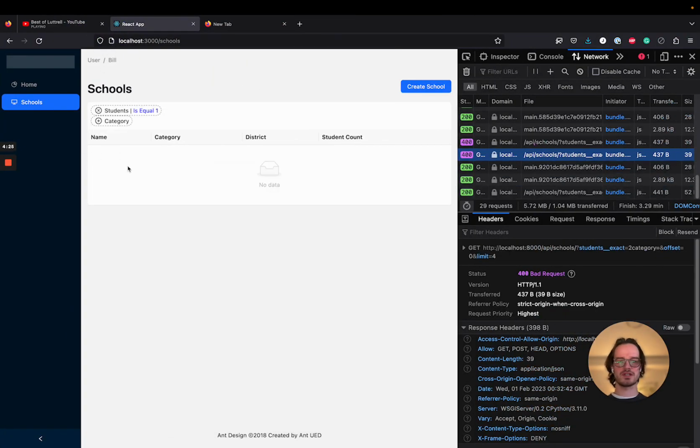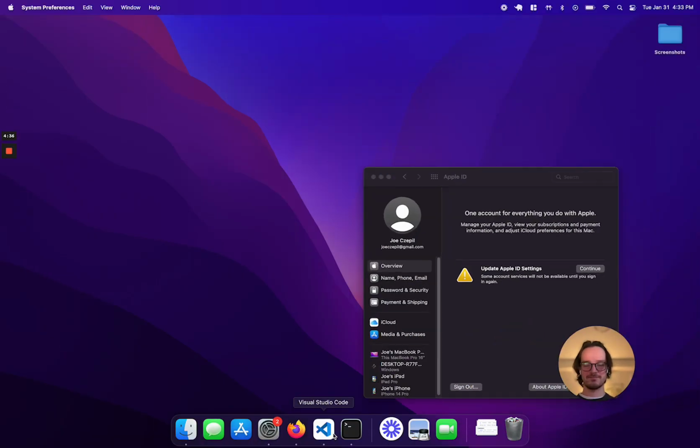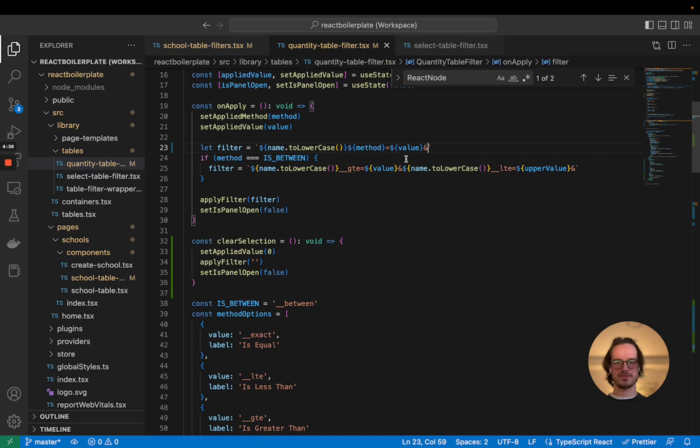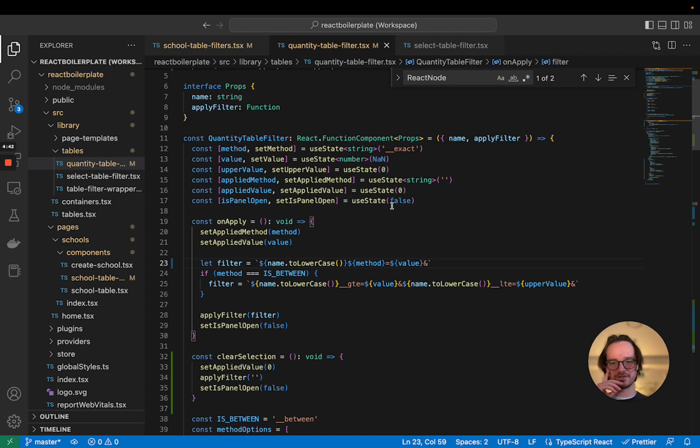Let's change this to 1, click apply. There we go. So none of the schools have 1. Apparently none of them have 2. Apparently none of them have 3. All right, our filter might not be working right now. I'm going to ignore it because that's not currently my priority. We will have to fix it, but